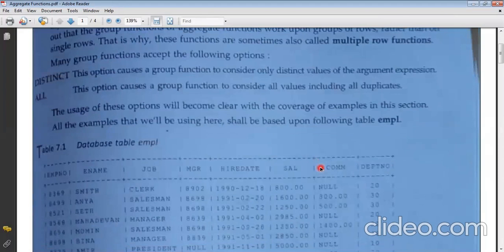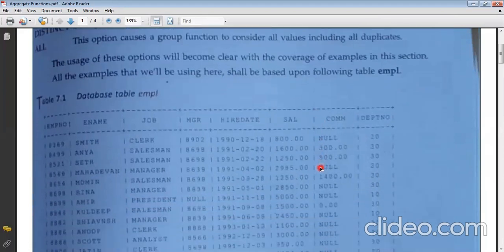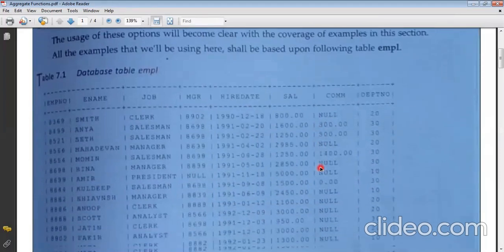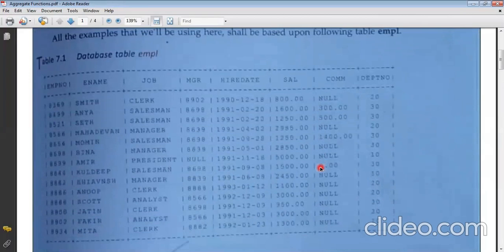Now, moving forward, for all the methods which are a part of the aggregate functions, we will be doing the examples on the basis of them, and for that we will be considering this table. That is the only reason I already asked you to make it in the database, so that it is already there in your DB and we can use it for the other functions as well. You do not need to prepare different tables again and again for performing the queries. So we will be using the same table EMPL for all the functions.